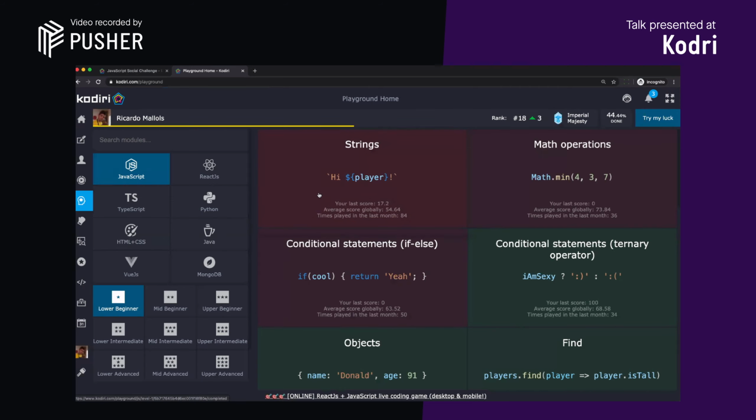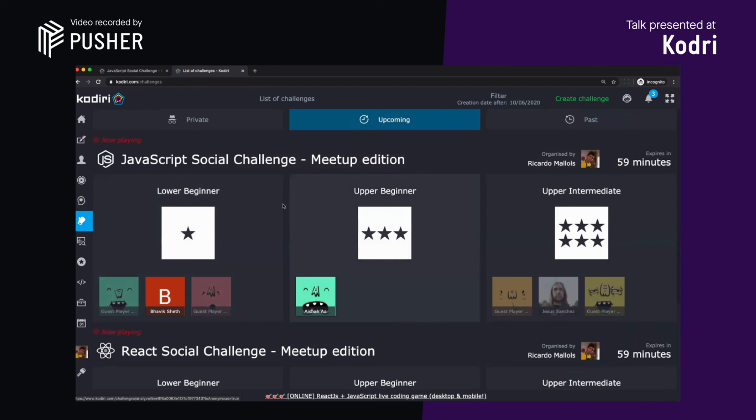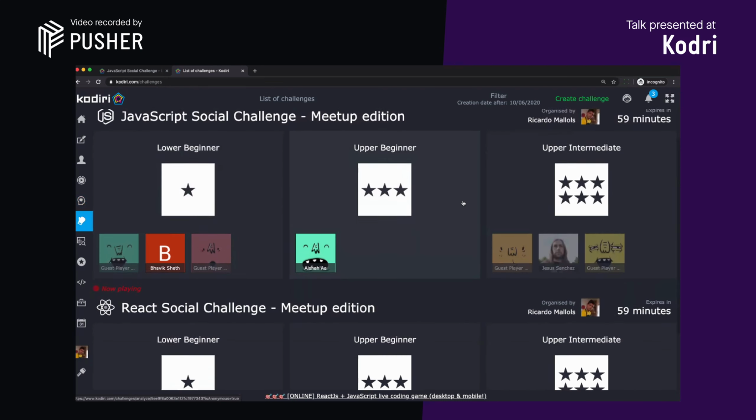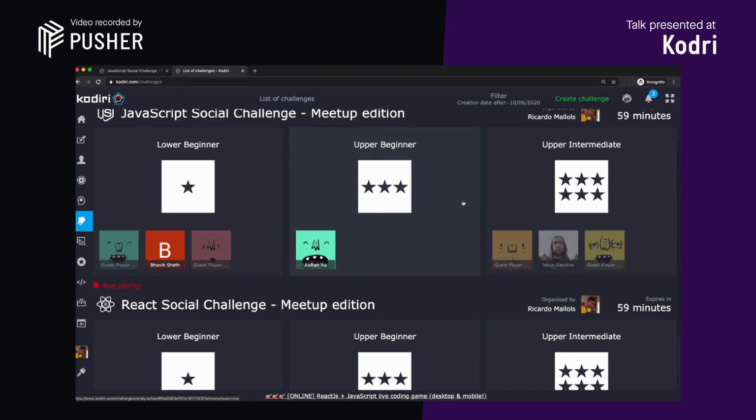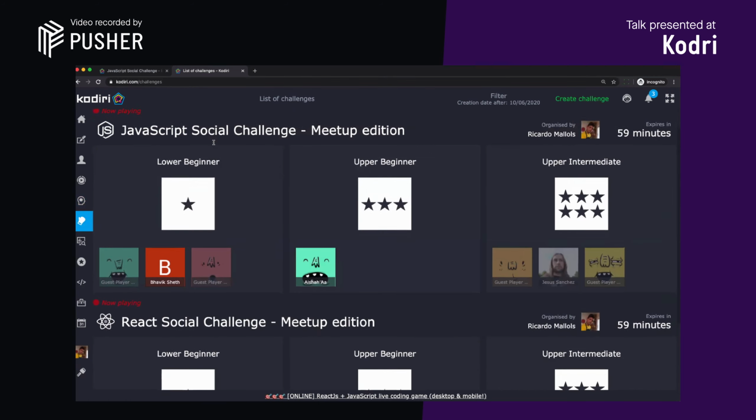You can play by yourself, you can run pair programming sessions with other developers, and you can also play coding challenges. That's what I would like to do today. Once you join the platform, which is completely free, you don't even have to create an account. You can play as a guest. On the left-hand side of the menu there is an option called challenges. If you click on it, you will find a list of exercises we'd like to do with you today. There are essentially 2 tracks, one for JavaScript and one for React.